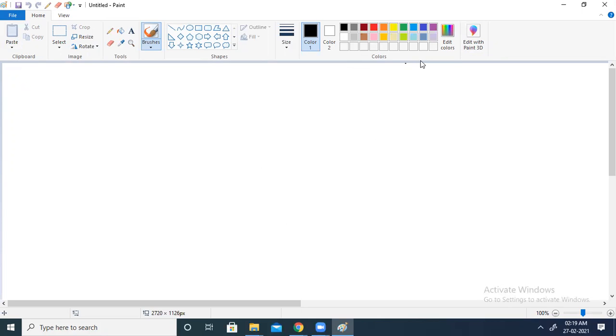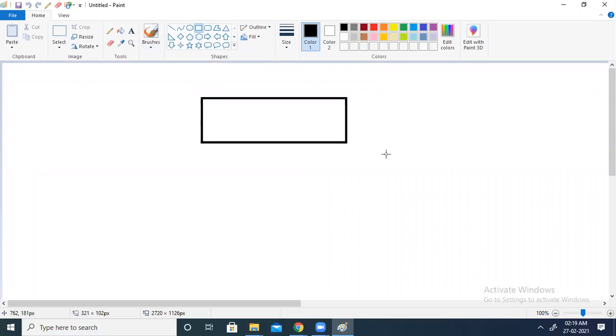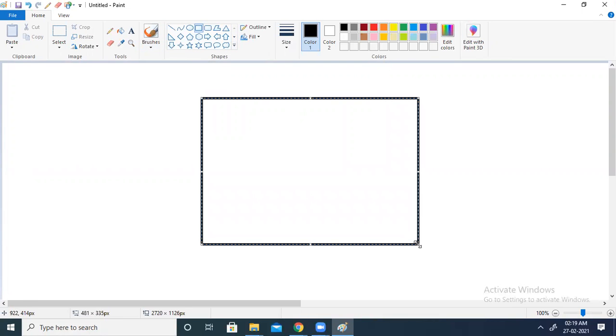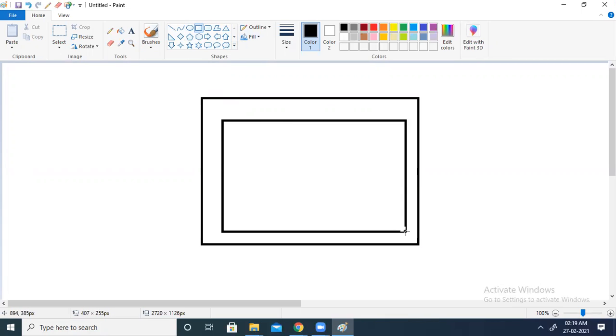Okay, now let us start drawing a rectangle. For that, I will choose the rectangle shape from here. You select here and simply drag like this. Then if you want one more rectangle, come here, then drag like this inside this.